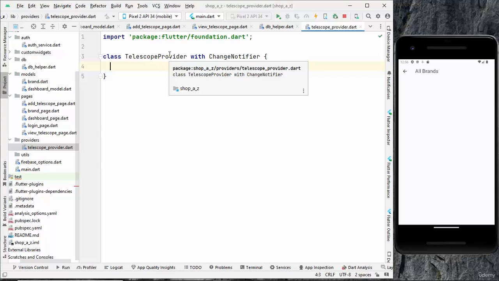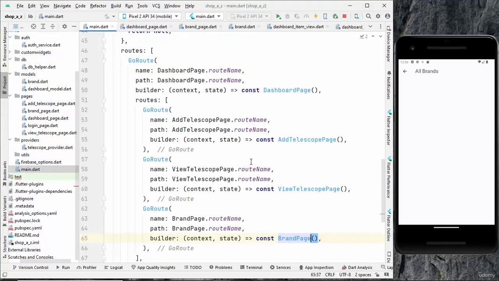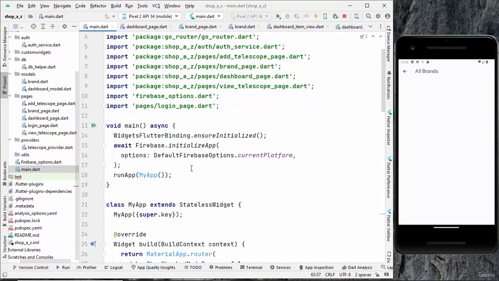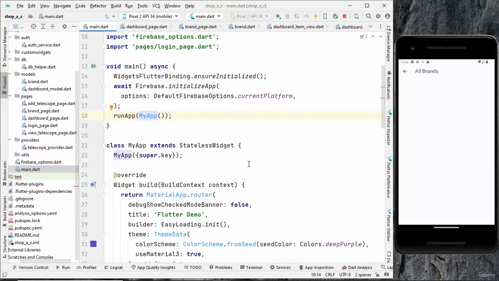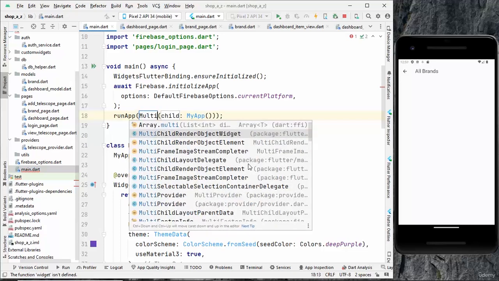And for reference, our project will have multiple providers. So let's go to the main file. Where is our main.dart file? Okay, this one. So let's wrap MyApp with a new widget, and that will be ChangeNotifierProvider, not ChangeNotifierProvider. Like I said before, we will have multiple providers in our project. So this time I will use MultiProvider,